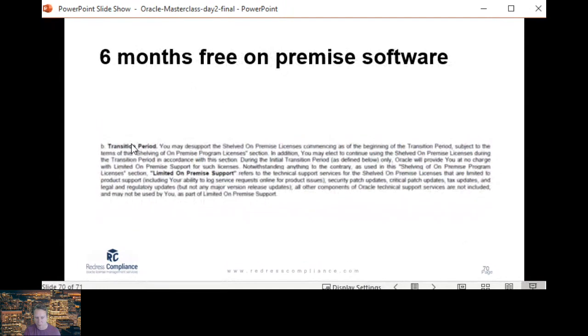And how is Oracle helping customers? We're usually not very positive about Oracle, but I think this is a very good move from Oracle. If you signed a cloud contract now, 6 months ago for example, or let's say 10 days ago, you would not need to pay maintenance for 6 months. So Oracle is basically giving you free support for your on-premise environments while you're transitioning. You've signed an Oracle Cloud agreement. If you sign it, you don't need to pay the maintenance for 6 months. So they're basically giving you 6 months to keep on running everything on premise while you're getting ready for the Oracle Cloud or